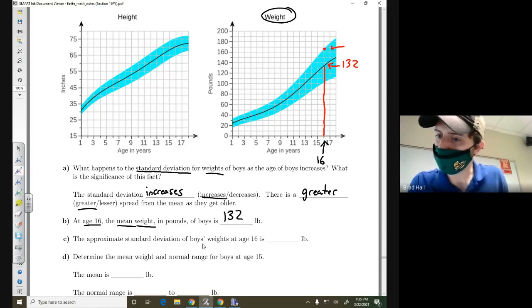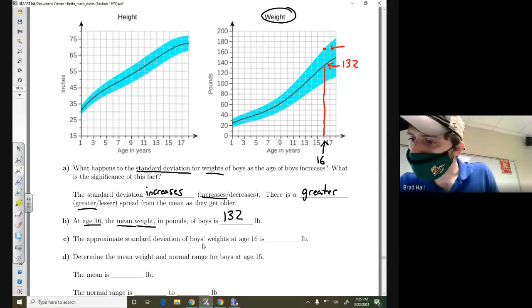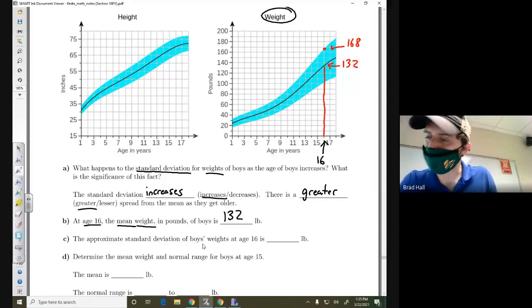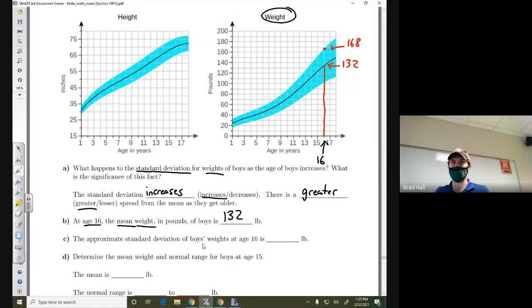So it's fairly close to what seems to be 170. Say 168. Again, might be 169, might be 167. Looks like 168 to me. So this one we already said was 132. The difference between those two